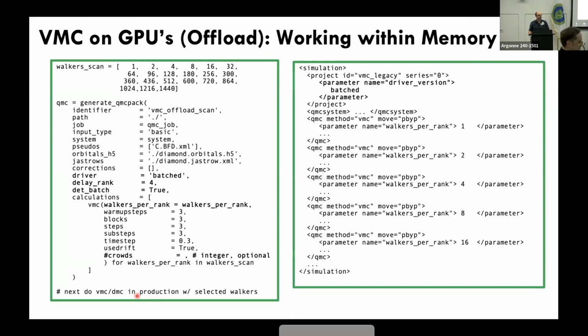Sorry if I missed this, but can you explain what the batched option does? That's determinant batching. I think probably Ye is in the best position to explain in detail what that does. I don't know if that's part of your talk, Ye, but